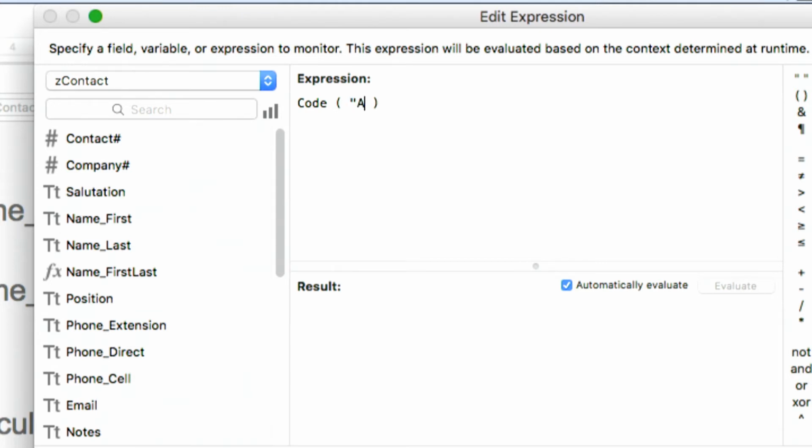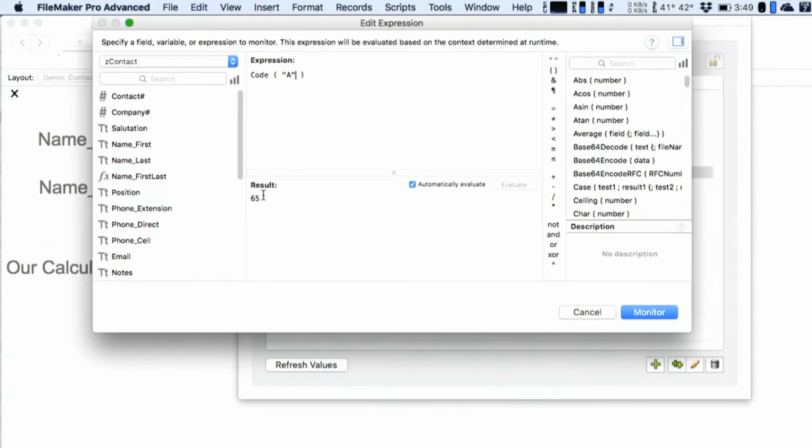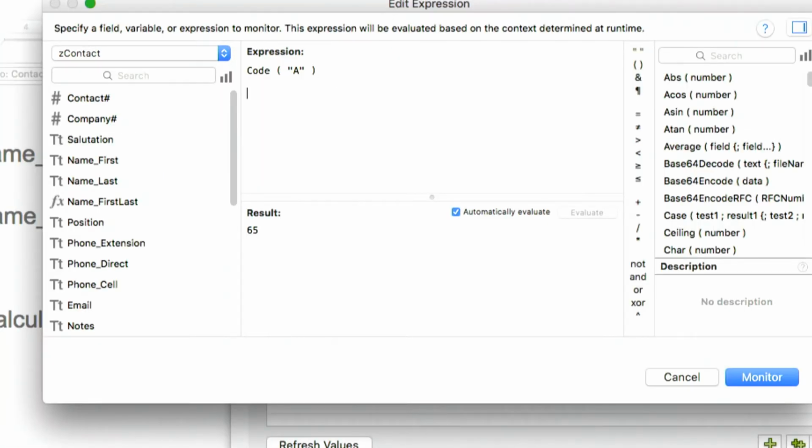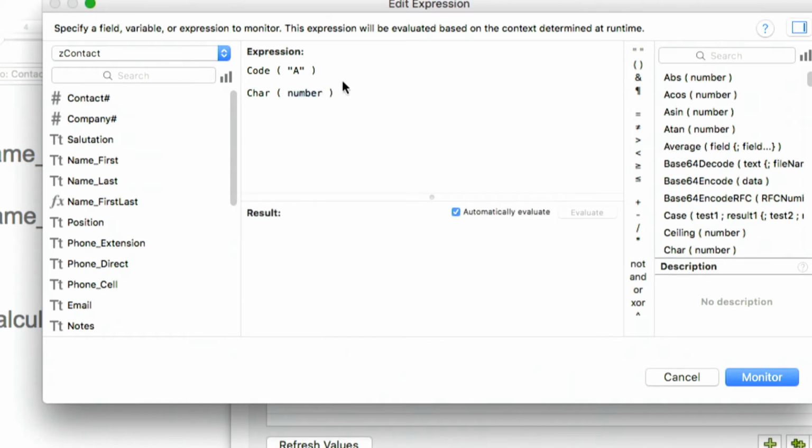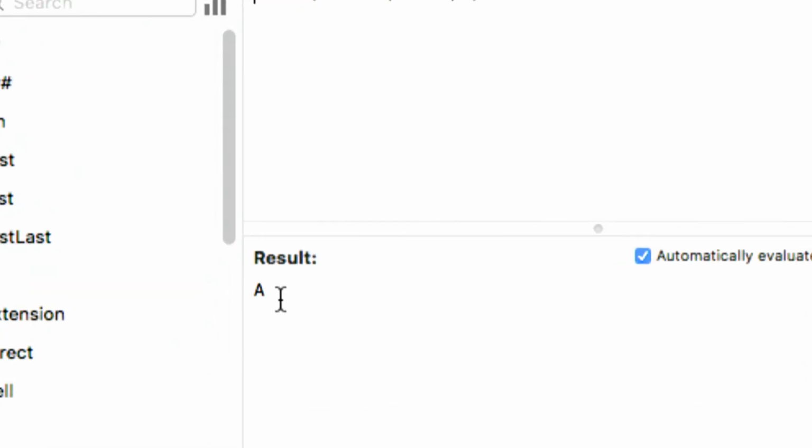So I'm going to put in the value A, and I'm going to get the Unicode value for the letter A, which happens to be 65. There is another function called char, for character, and it takes a value as a number as its parameter. Well, we know that code A is returning the value 65, so that's a number. I'm just going to cut that, paste that in, and sure enough, we've now gone in a circle,